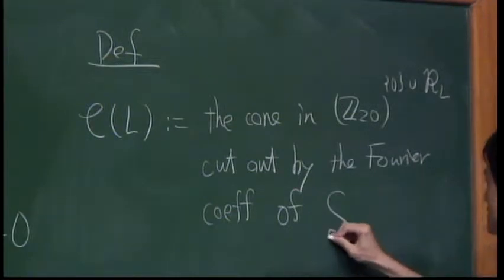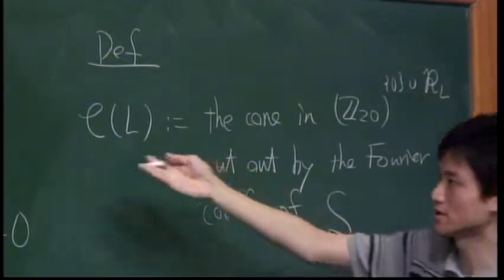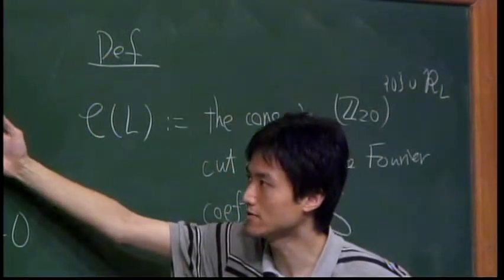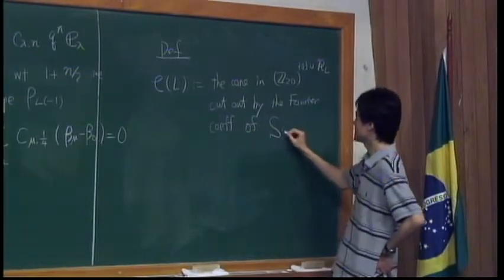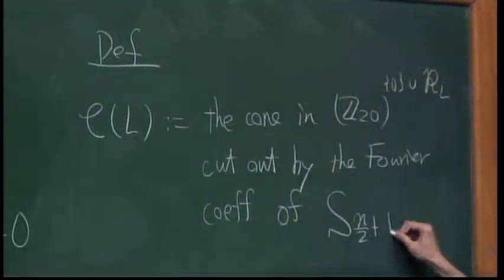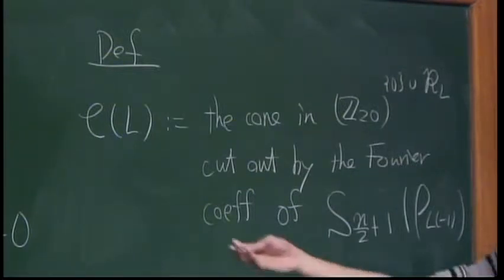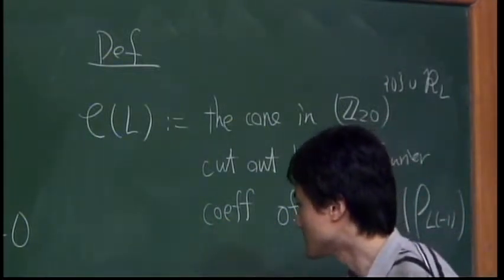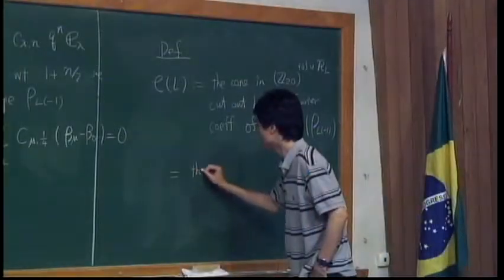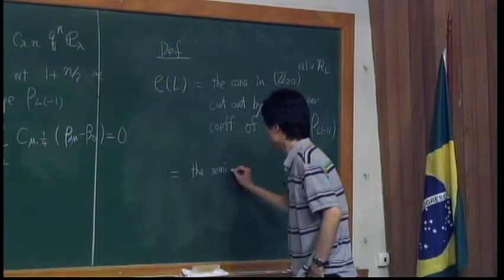I write the space of such cusp forms usually as follows. And by the Borcherds theorem, this equals the semigroup